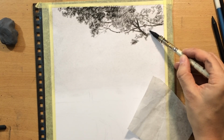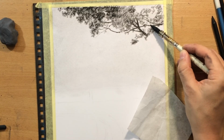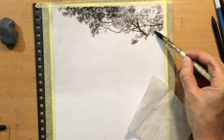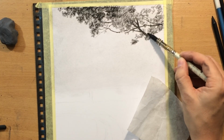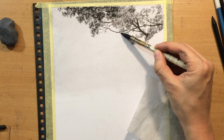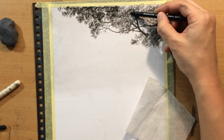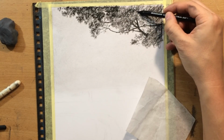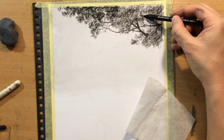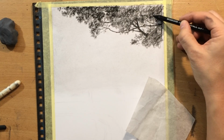So I'm just making more progress here to the right side of the top part of the scene, which is mostly going to be covered with this foliage, with this canopy which is protruding into the scene at the top and hanging over the path. I'm just making sure that it looks dense enough, that I have enough of those marks, and I'm also going over them